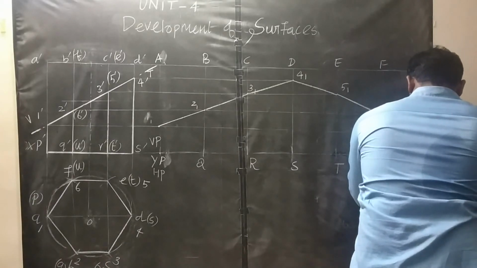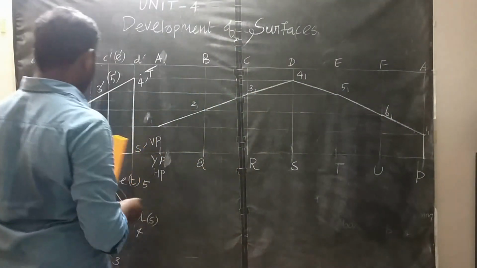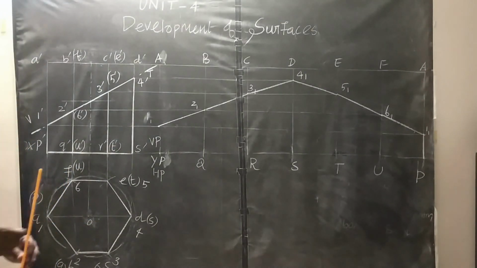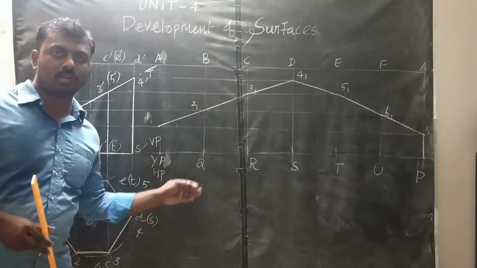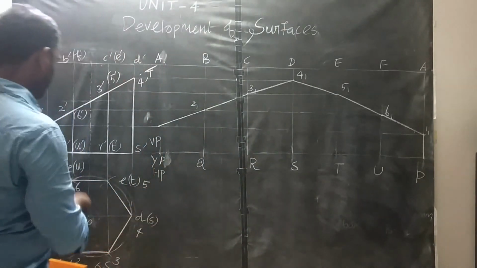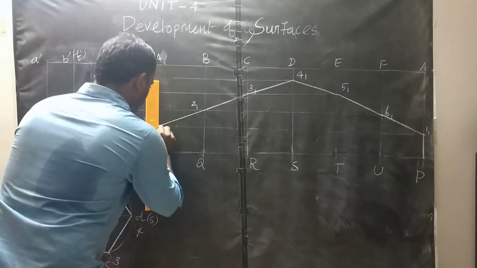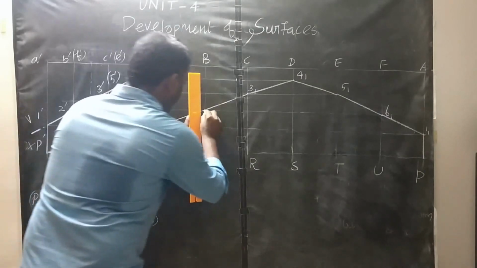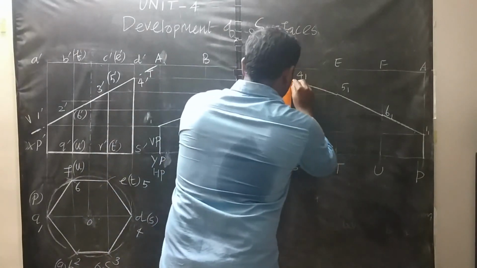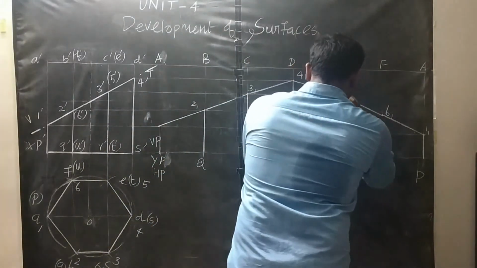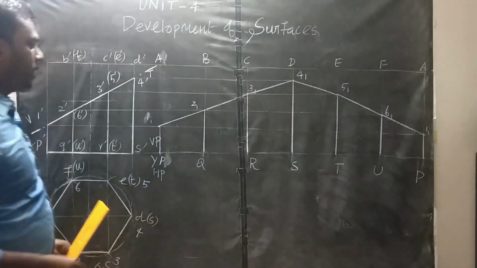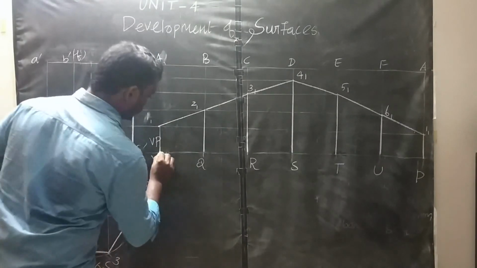Here draw that line darkly. Then here the bottom boundary is visible only. Okay, in our problem they asked to develop the lateral surface of the lowered portion of the prism. So this boundary is also visible. This remaining lateral edge is visible, the remaining lateral edge is visible, this remaining lateral edge is visible, because these are the remaining lateral edges on the solid. Then the bottom is also visible. We will draw this bottom darkly.